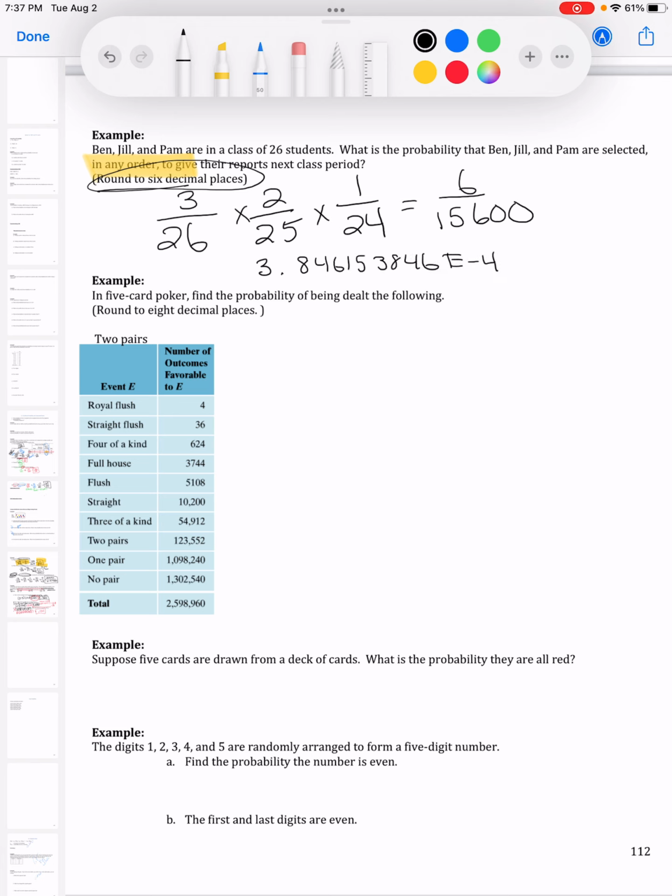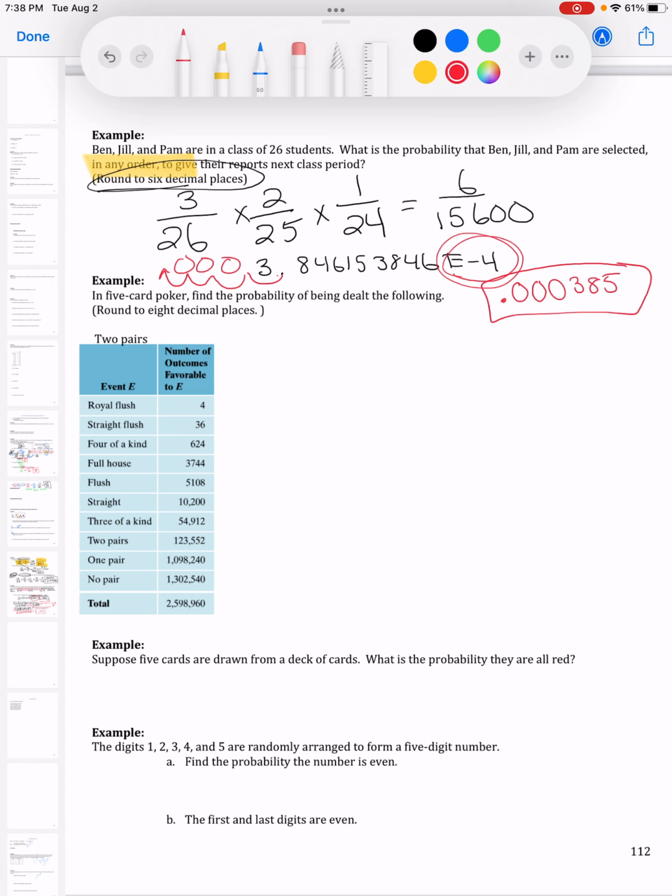what I got. We haven't seen one that has the negative exponent. That means we're going to be really, really small. We're going to be moving our decimal to the left. If you think on a number line, the negative numbers are on the left side. So we're going to move it 4 places. 1, 2, 3, 4. And we always have to fill in those zeros. So I get 0.000. And I want to go to 6 decimal places, so 385